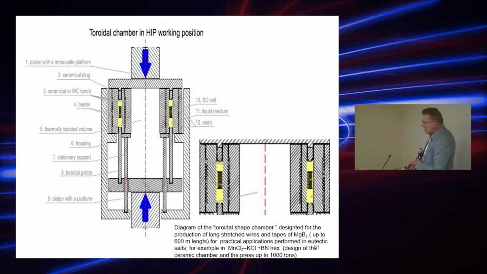This is how it looks like. The system for this is the eutectic. So we have the eutectic here, the coil, and the pressure pressing system. And then after the pressing, we can get